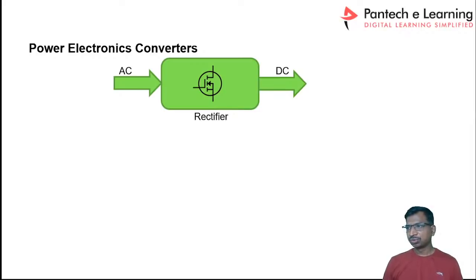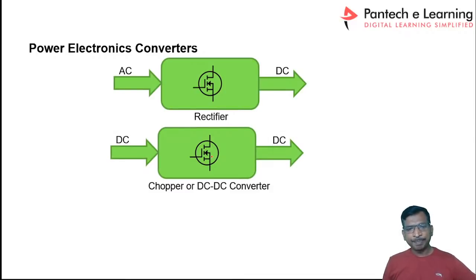Yes. So in the power supplies, we are using this rectifier. Generally, if you take a mobile, the first part in your mobile will be the AC to DC rectifier, because you are connecting your mobile to the 230 volt power supply. In your mobile adapter, there are a lot of power stage conversions. The first part will be an AC to DC rectifier, right? And the next one is called a chopper or DC to DC converter. So this is the very first topology, and this is the second topology, the DC to DC converter, right?